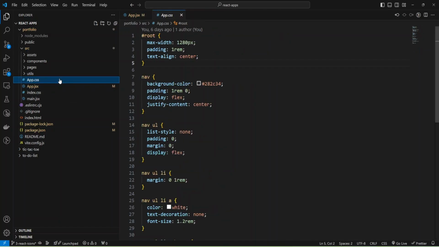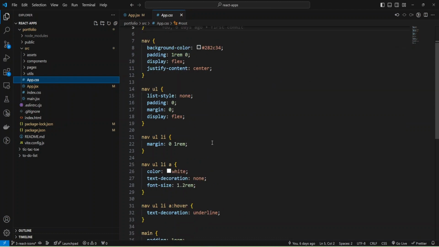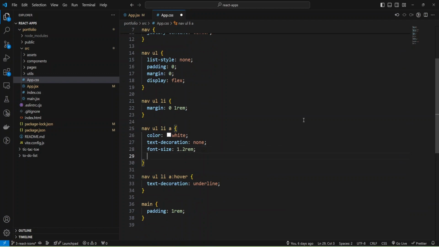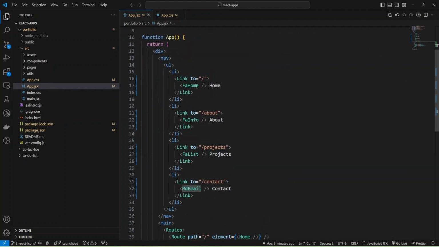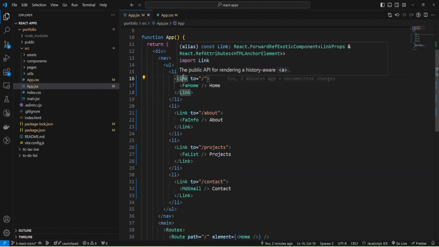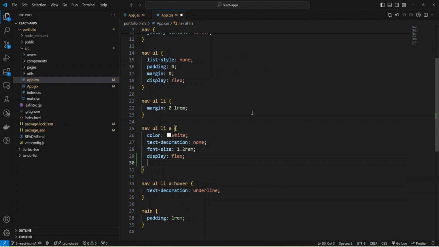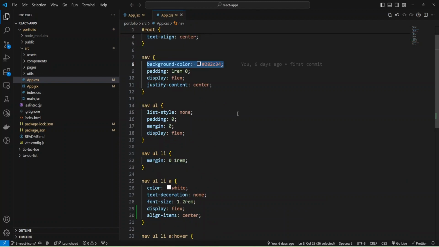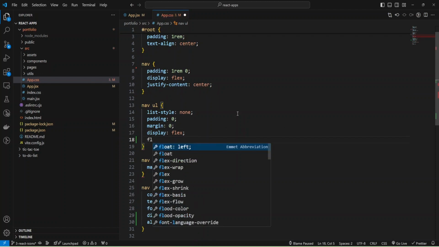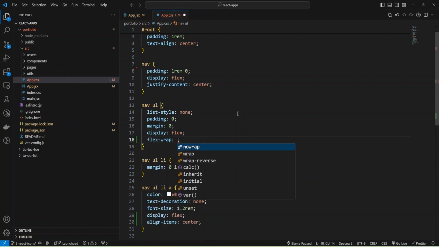I can open up the CSS where I have styles for my navigation, and I'm going to add styles for the a tag and make it display flex because we put our icons inside the link, and it's an a tag, and I'm going to make it display flex to align items by center. And now I can remove this background color and add flex row to my list. Make it row. And let's check what we have.